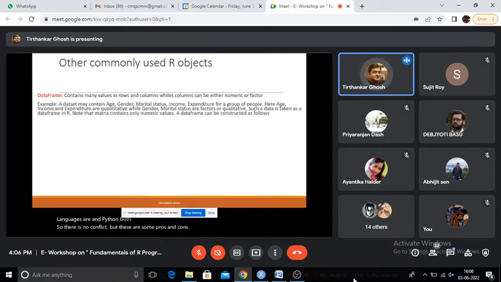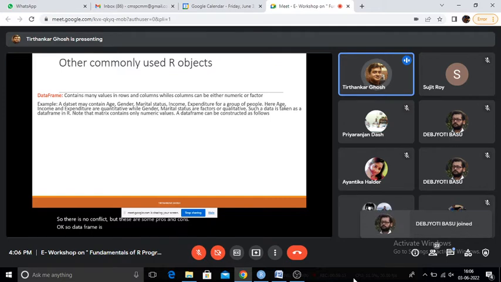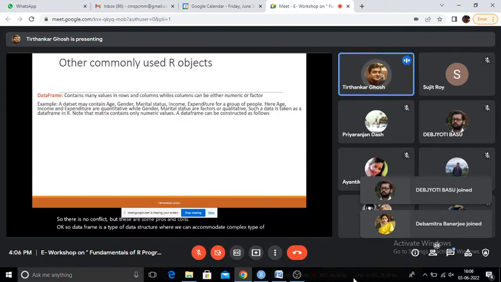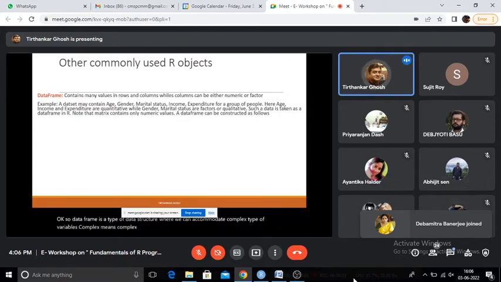Okay, so a data frame is a type of data structure where we can accommodate complex types of variables. Complex means complex in nature, like a variable can be character, numeric, categorical, and so on.